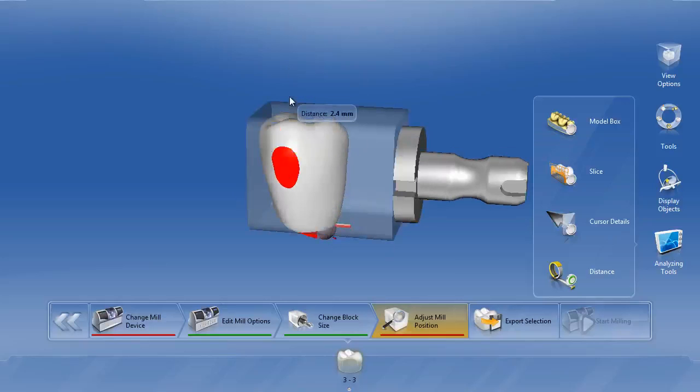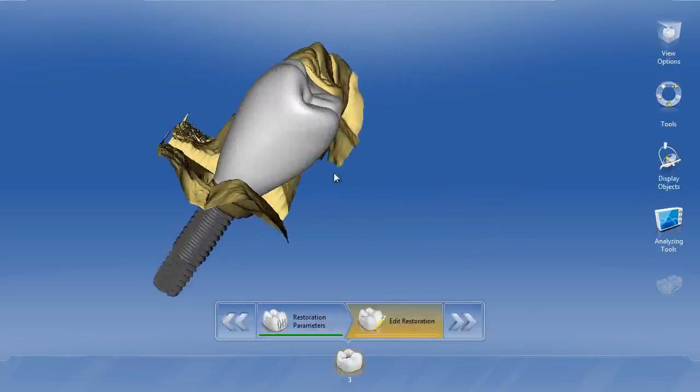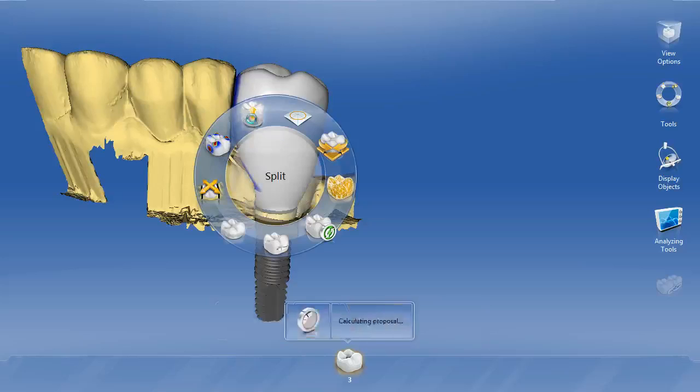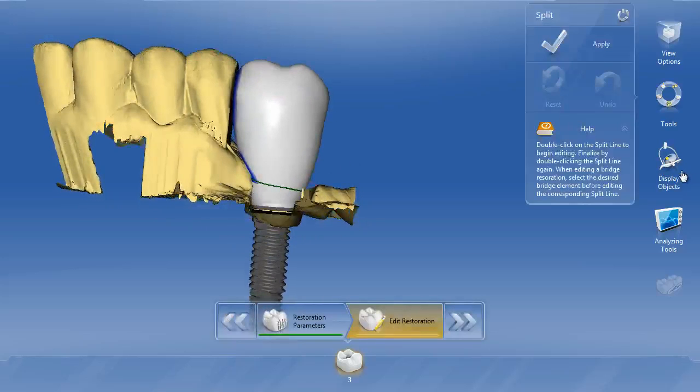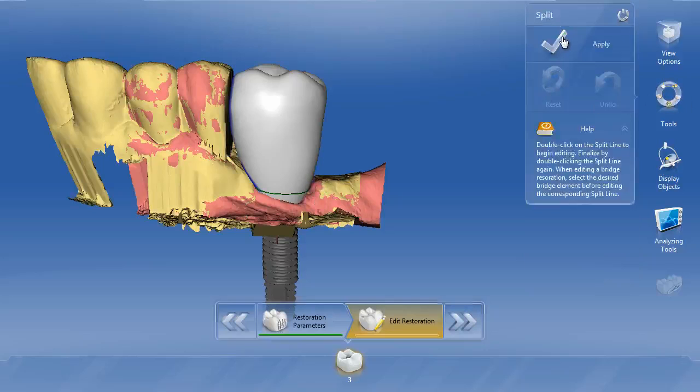Now, you're never going to be able to rotate that to fit into the block. So let me tell you what happens here. If we unsplit the restoration, what the software is doing in these scenarios with really long crowns is when you go ahead and split, even though that marginal line is not down to where the tissue is at, like you previously wanted it to do back in the model phase when you're clicking on the scan body, it actually had to move itself up enough in order for the veneering structure or the final crown to fit into the block. So this was designed correctly by the dentist. If we go ahead and hit apply,